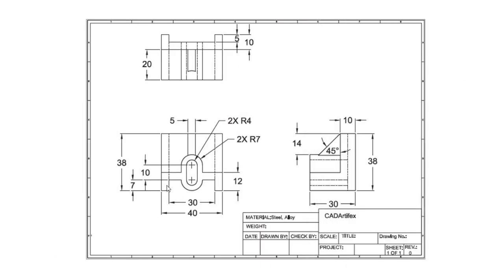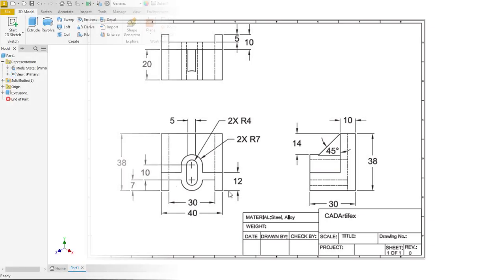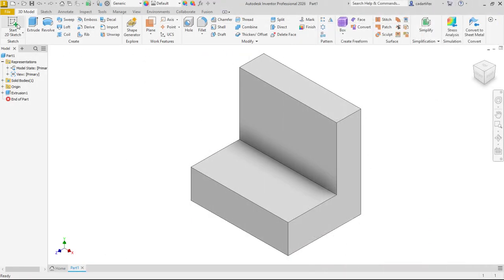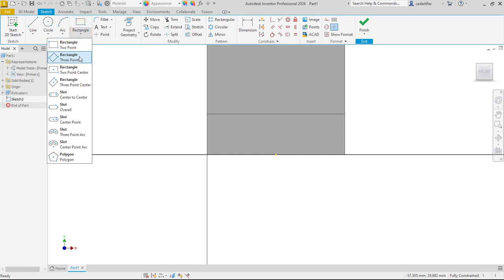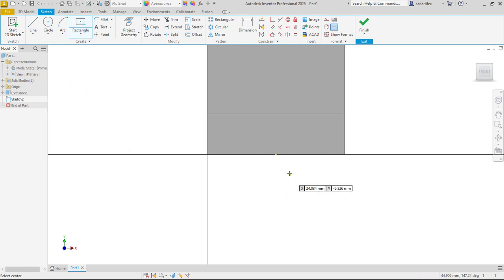Now we're going to make this Extrude Cut feature. Click on the Start 2D Sketch tool in the Sketch panel, and select the front face of the base feature to create an Extrude Cut feature. Now the sketching environment is invoked. Click on the arrow below the Rectangle tool, and then select the Two-Point Center Rectangle tool. Now create a rectangle whose endpoint is connected with the base feature, and the line of the base feature is projected automatically. After completing the sketch, you need to apply a vertical constraint between the center point of the rectangle and the midpoint of the projected line.